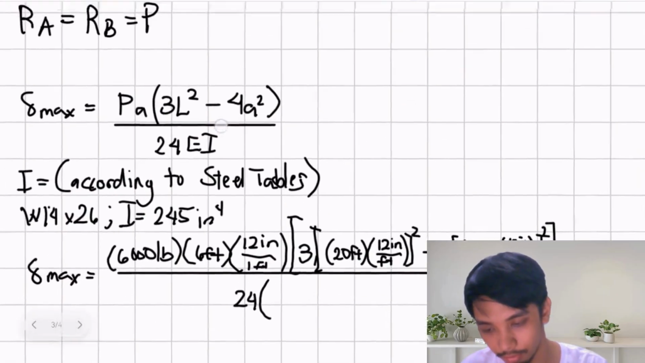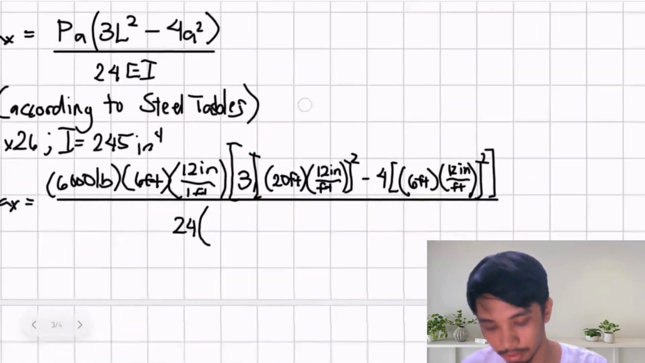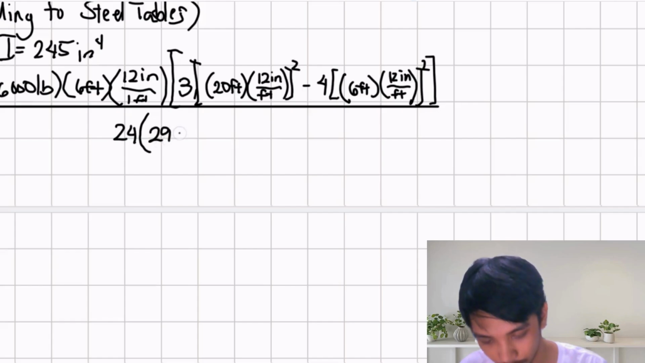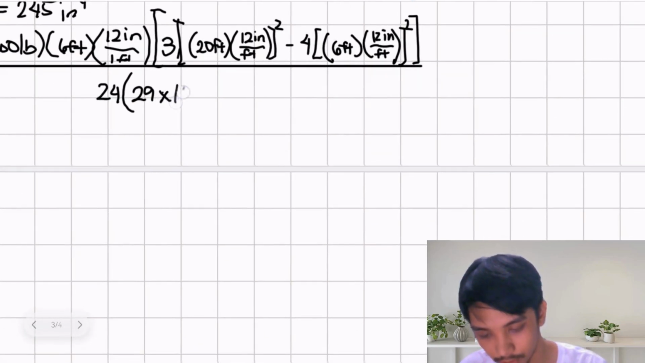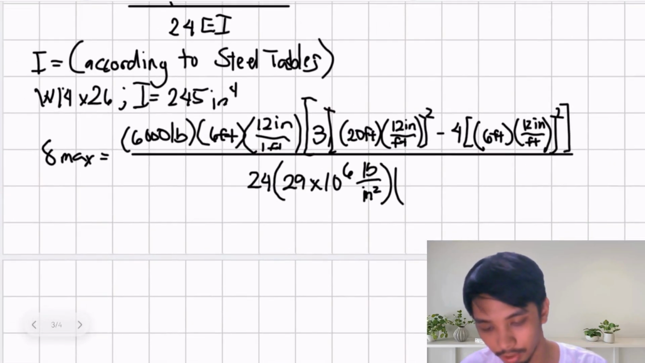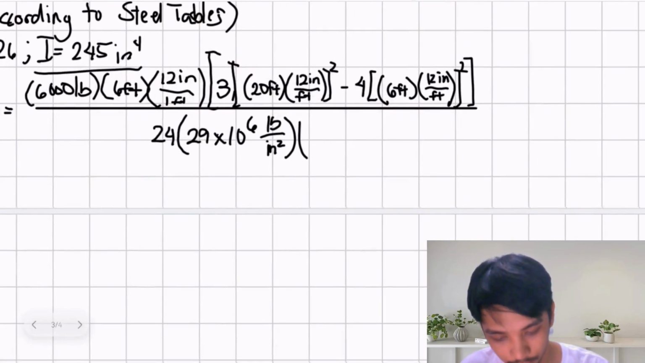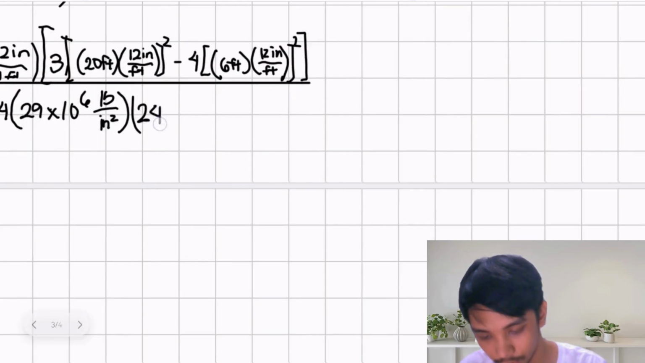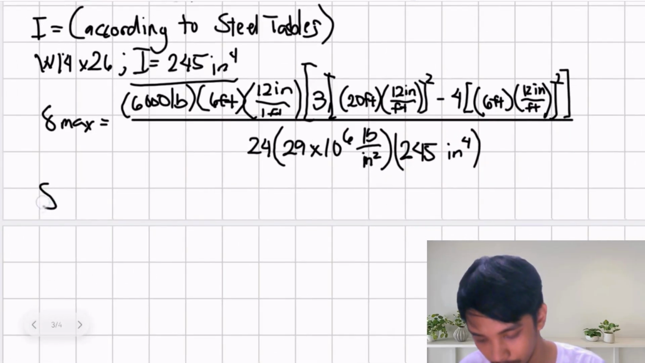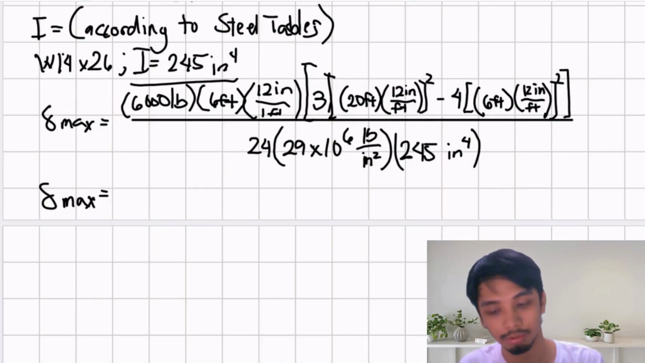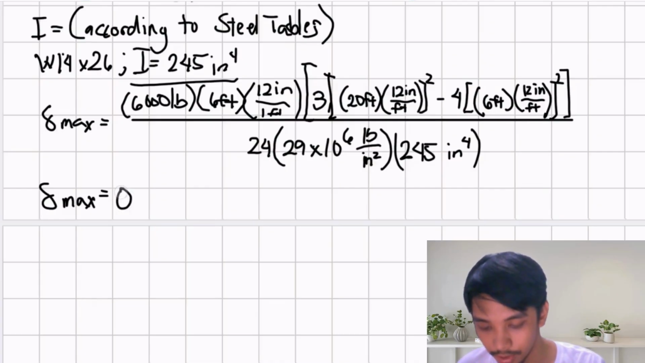24 times the value of E, which is 29 times 10 to the 6 pounds per square inch, times the value of I, which is 245 inches to the fourth. Now solving this gives us the value of the maximum displacement, which is equal to 0.3852